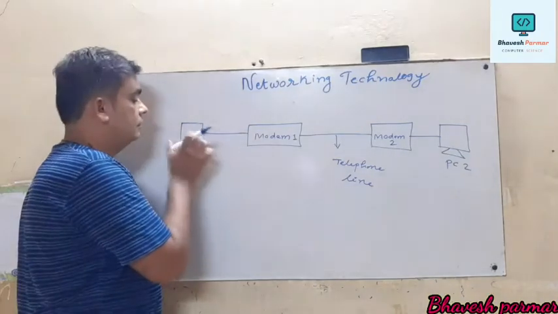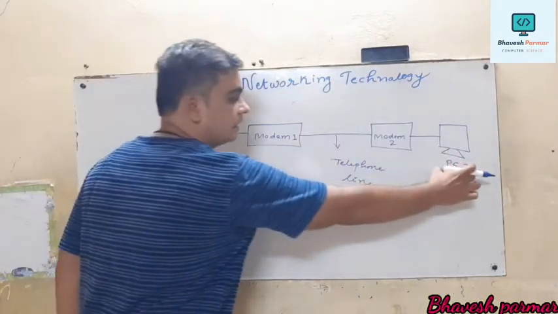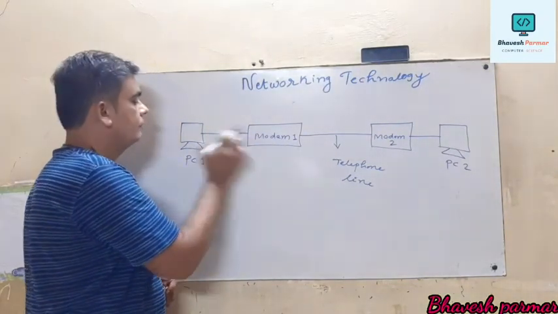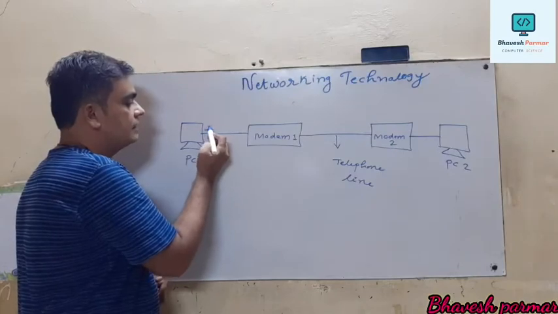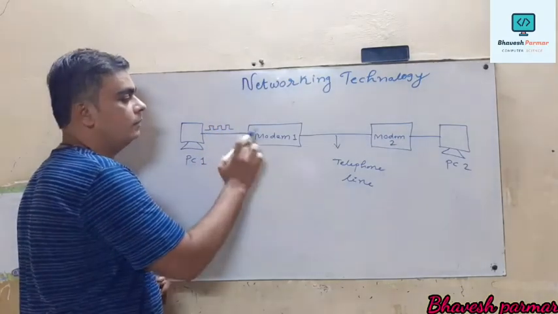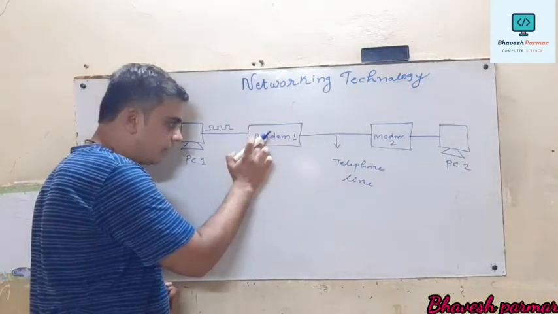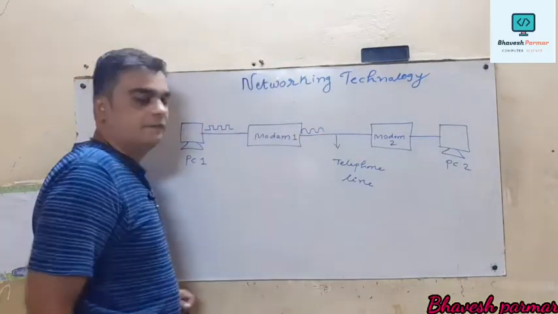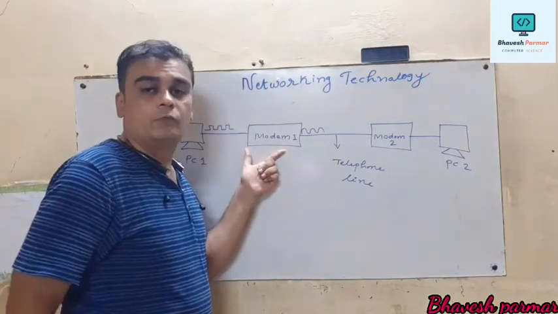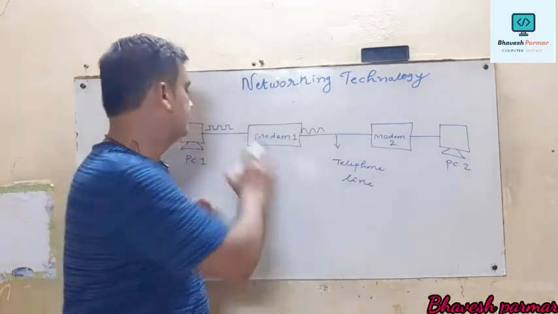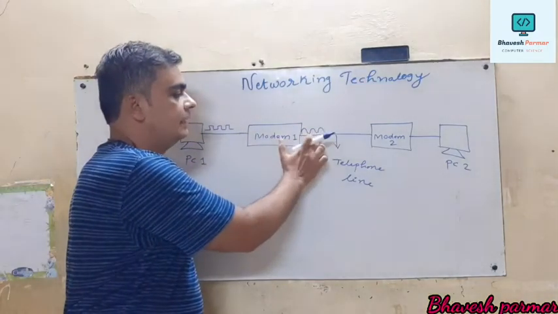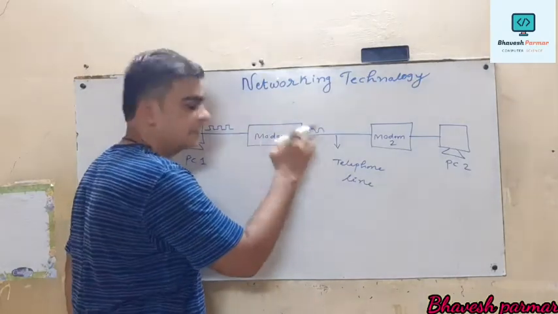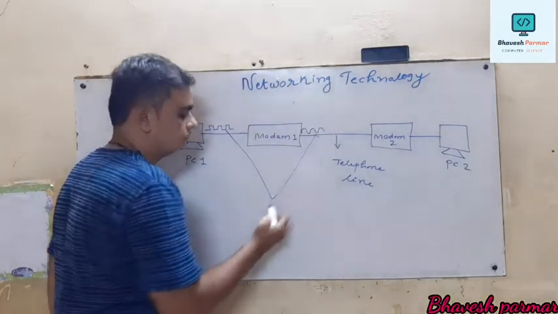This is called your telephone line. So generally, guys, what happens? Computer 1 wants to communicate with computer 2, then we should use modem. So what does modem actually do? When this PC 1 transmits the data in digital form, this digital signal is received by this modem, and it tries to convert it into analog signal. That is, in physics you have studied wave motion, that is a combination of crest and trough. So it will convert the signal into analog form. This conversion process, that is conversion of digital signal to analog signal, is called modulation.